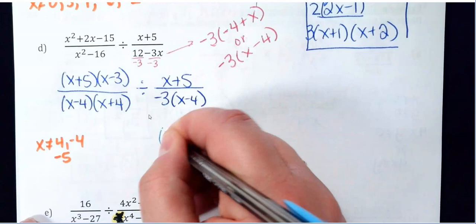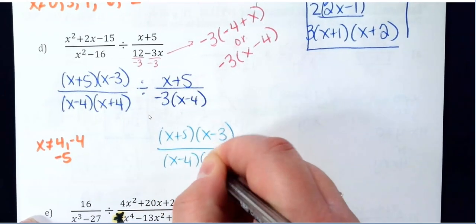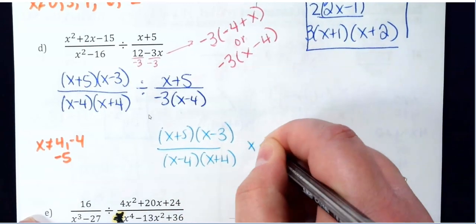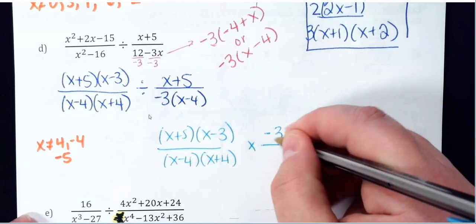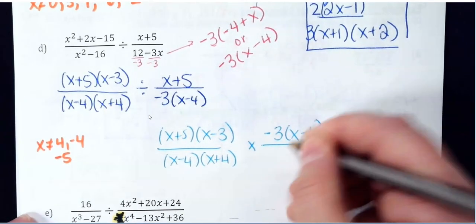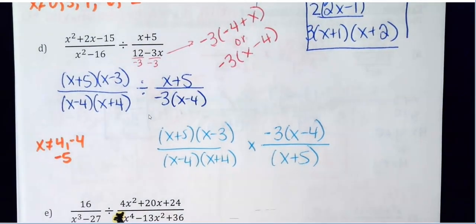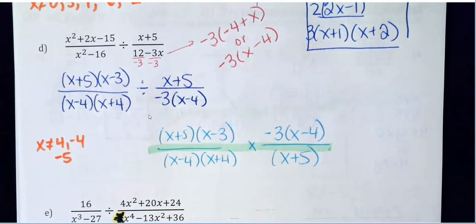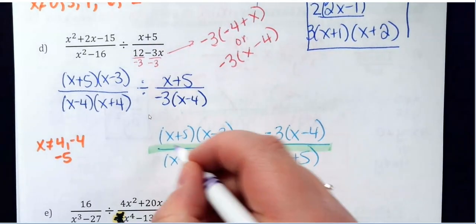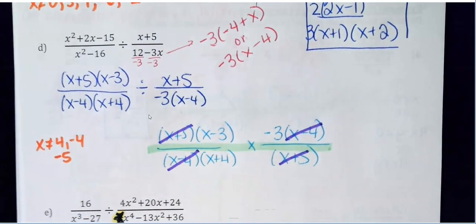So this would be x plus 5, x minus 3, x minus 4, x plus 4. And then I'm going to change this to multiplication, and then to divide by the fraction is the same as to multiply by its reciprocal. So I'm going to flip that over. And now if I'm multiplying, if I can get anything to match on the top and bottom, we can cross it out. All right, so in this case, I've got x plus 5, x plus 5, x minus 4, x minus 4. Now, I do have a negative 3 here and an x minus 3 left on the top,